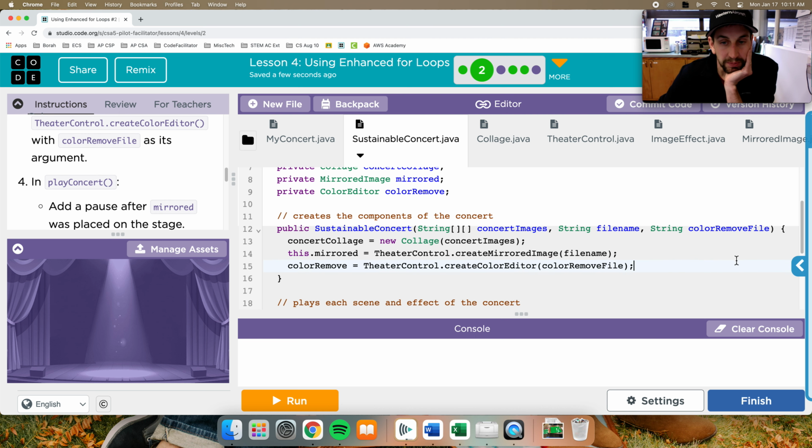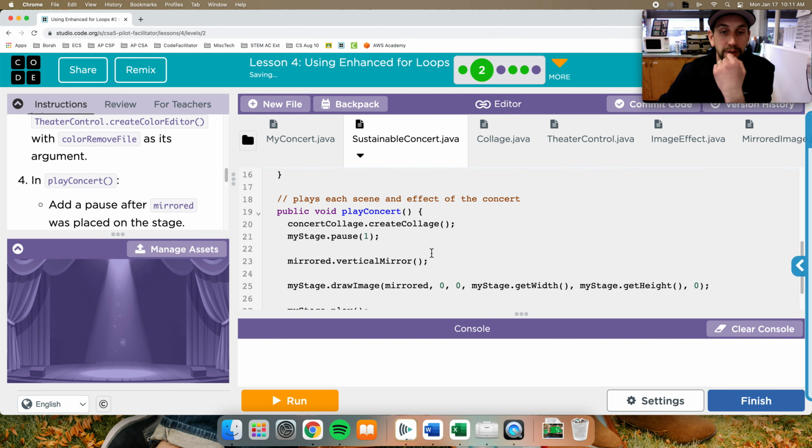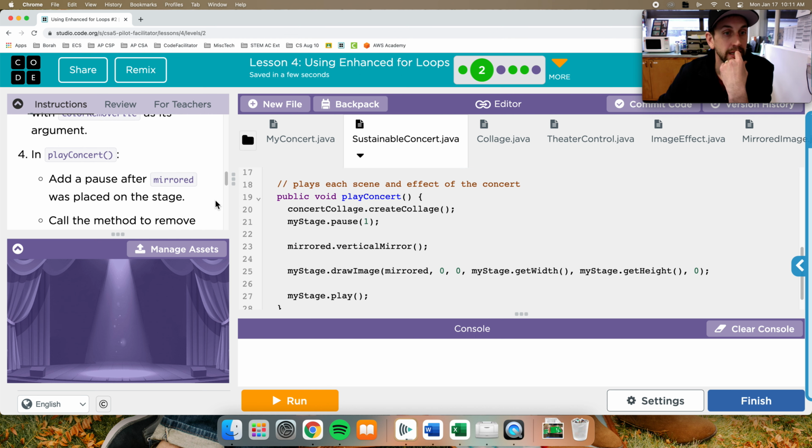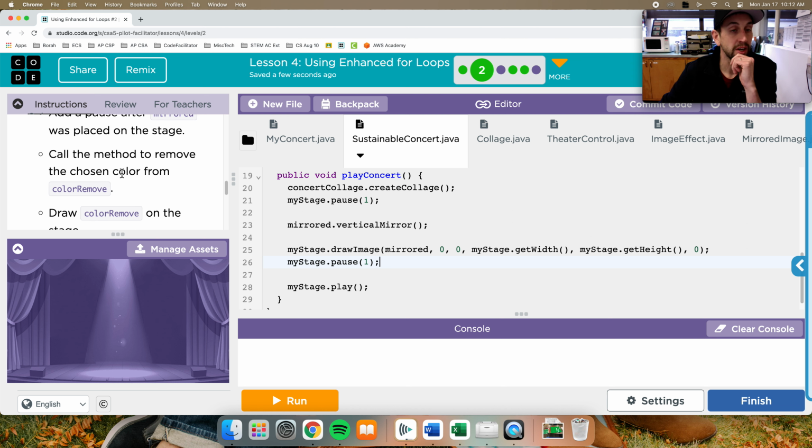Okay, so I'm done editing the constructor, and then it says in play concert, so I'm going to flow down to the play concert method, add a pause after mirrored was placed on the stage. So mirrored was placed on the stage here. I see that I'm already calling pause on line 21, so I just copied and pasted that. And then it says, call the method to remove the chosen color from color remove. Okay,